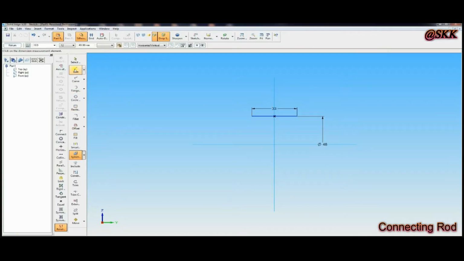Now simply you have to draw one shape of required structure: straight line, any length, given 5, then a triangle, inclined line and 5 mm downward direction. Like this profile you have to draw. Then go to equal. Click on the two lines, likewise the inclined line, so both lines are equal. Now go to distance between. Select the line. Distance from horizon to top surface should be 6.5. Then from that point to that point distance should be 1.5.